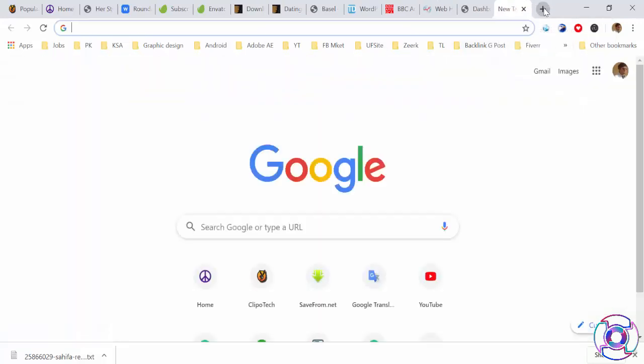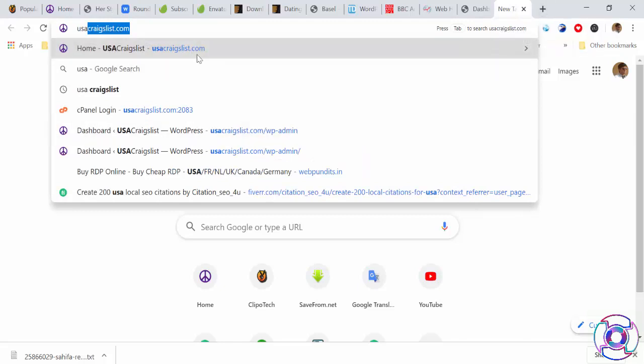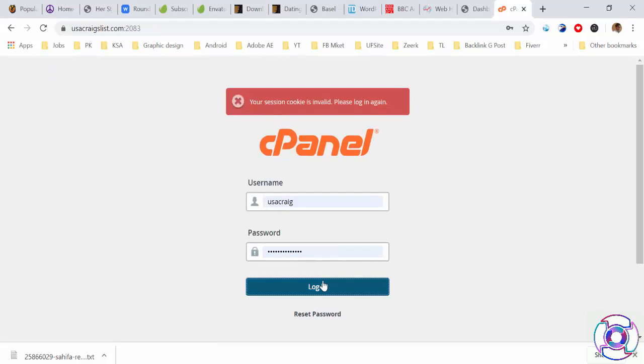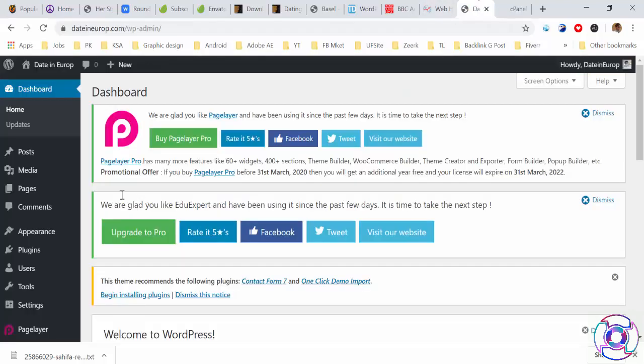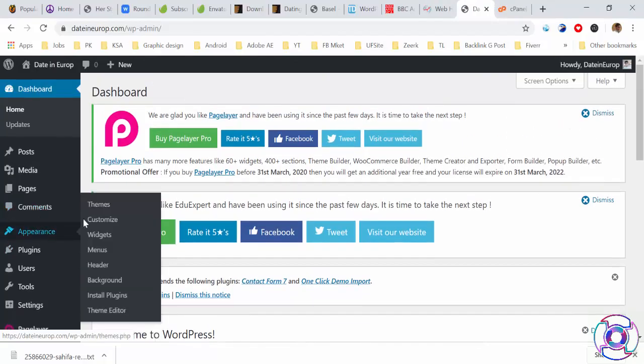So I'm going here, USA cPanel. Okay, so here you can click on appearance, themes.